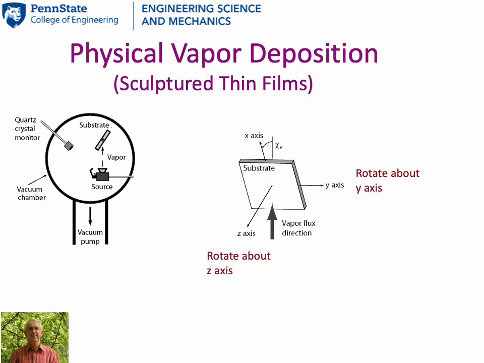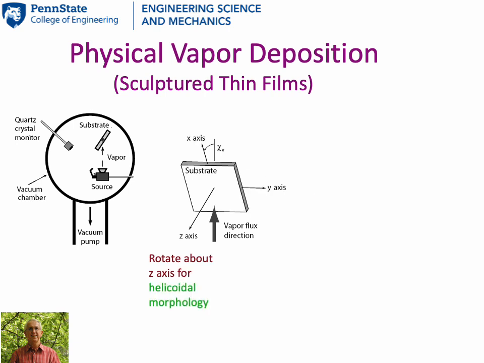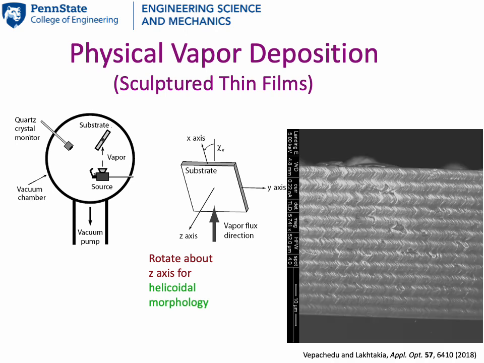So I asked Russ if we could rotate the substrate during deposition. He said, of course. Well, then I said, rotate the substrate about a central normal axis passing through it, and nanohelixes will grow instead of nanocolumns. That is what you see in this scanning electron microscope image from 2018. Note also the structural periodicity in the thickness direction.